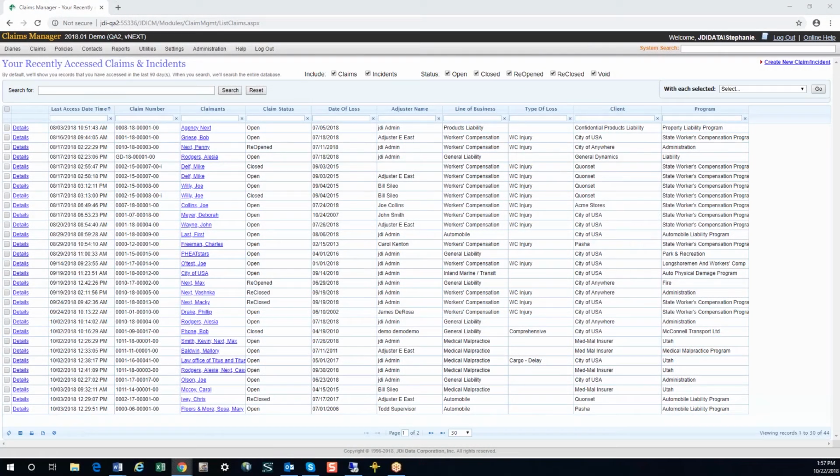Did you know that Claims Manager has functionality that will produce a list of recently accessed claims? To access this list, you will select the Claims tab and select your recently accessed claims. Displayed is a list of claims that have been accessed in the last 90 days by the user signed into